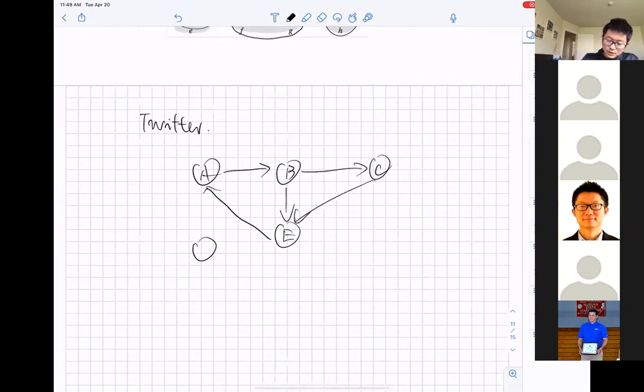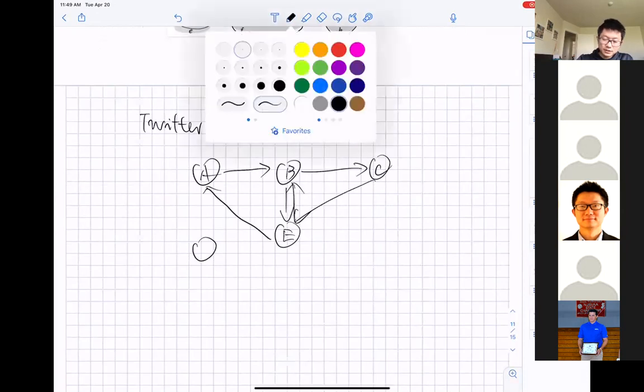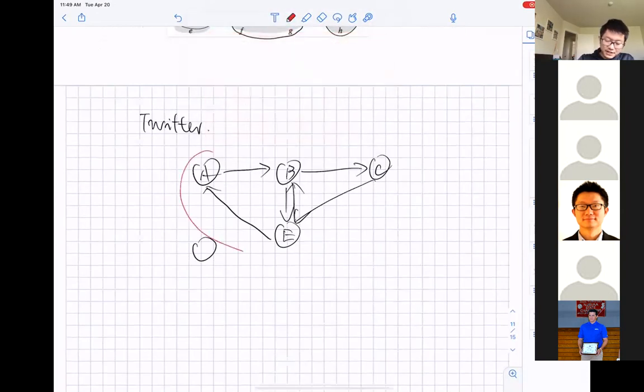The beauty of strongly connected components is that they can break all the accounts on this social network into different clusters, where the people in the same cluster share the same interests, because there is one way to go from A to E, and also one way to go from E to A. So this means that they share